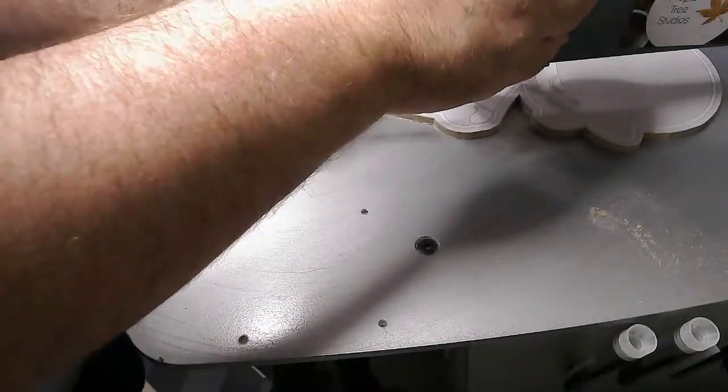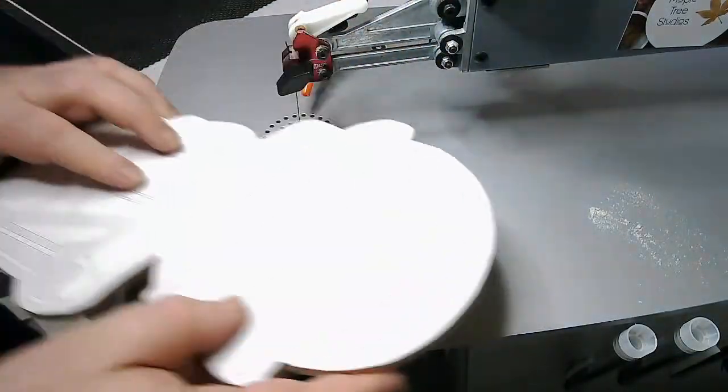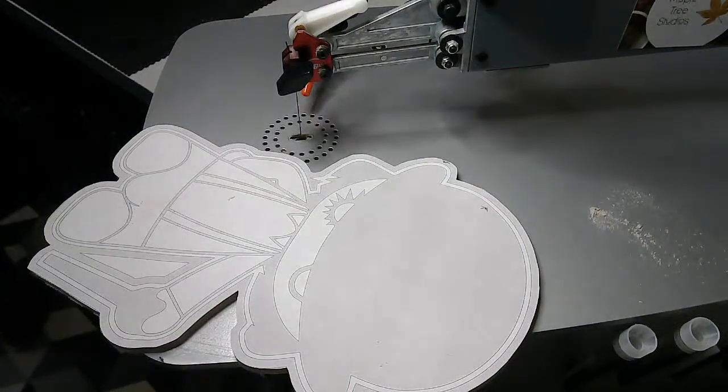Cool. Hi, Steve. Right. So back to this. We're going back to the scroll saw, and we're going to go around the outside of this guy again, a couple of times. As I said earlier, absolutely feel free to go and check out